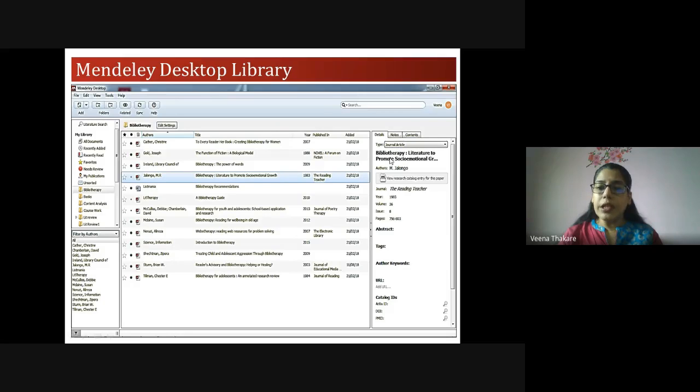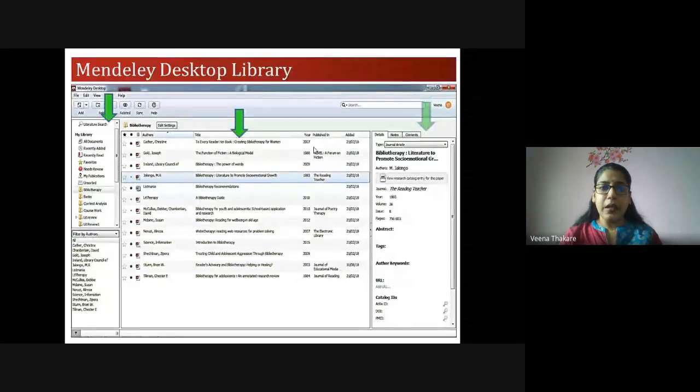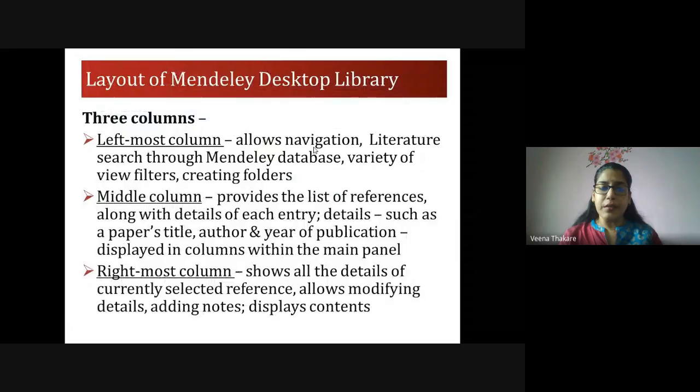It will show me all the details: that it belongs to this journal, it was published in this year, volume, all those. So again, the references are readily available at your fingertips. If at all some of the references are not correct, you can edit them in the third panel. Literature search, as I said, first panel, second panel, and third panel. In detail, I have given them in the next slide.